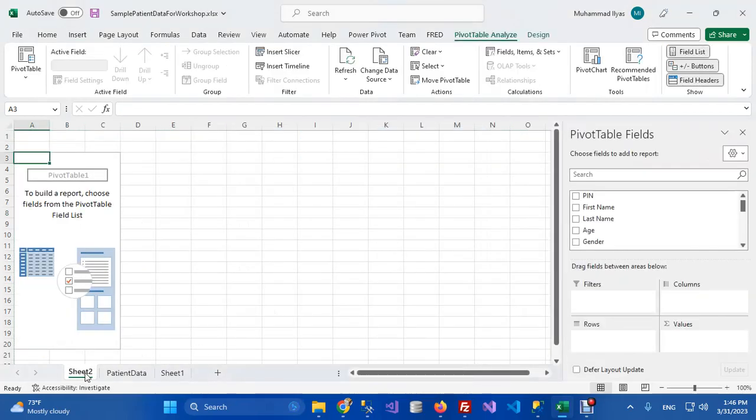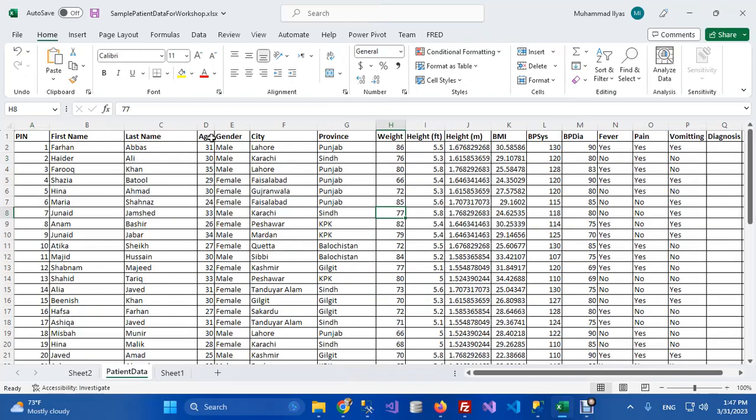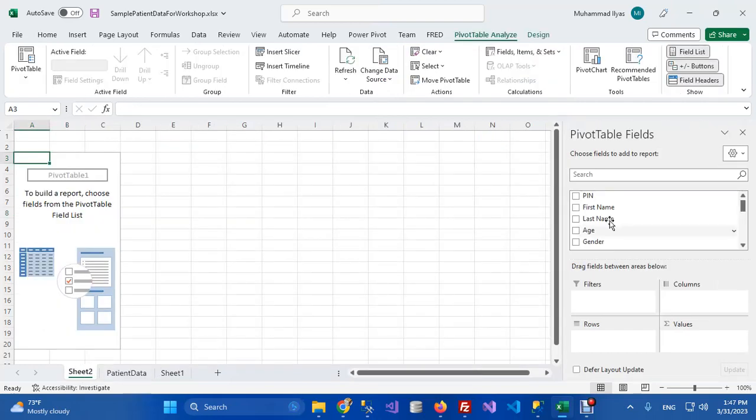And here you see that Microsoft Excel has inserted a new sheet, sheet 2, in my Excel file. Here you can see a little window which is telling us to build a report, choose fields from the pivot table field list. So here in the right section, you see a list of fields which were available in our data set, the same list which we were having in our data set here in the first row. All the fields are available in the pivot table column. Now, to use a pivot table,